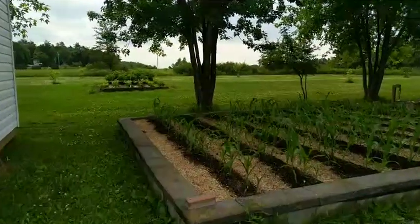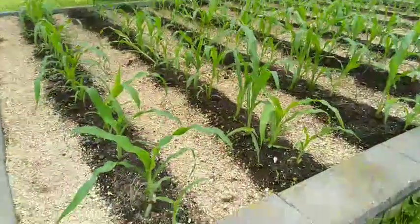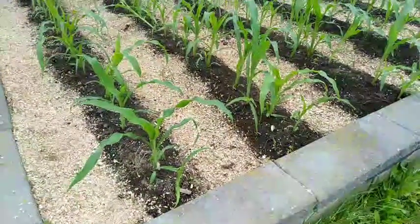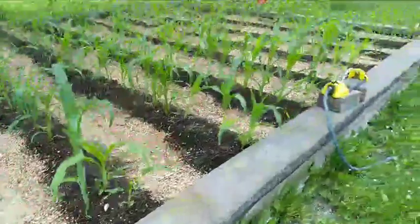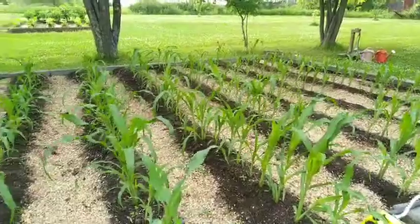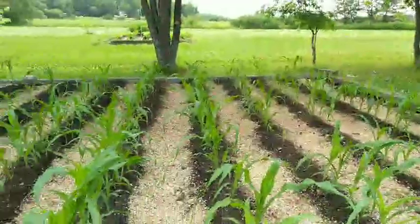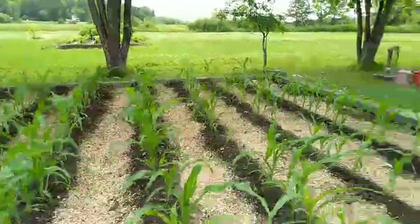And let's get to the corn. So corn is growing nicely. It's about a foot at this point. I try to get in there and weed as I go. I do a little bit of weeding every day. Haven't had to water in the last few days because we got some rain, which is a lot better than